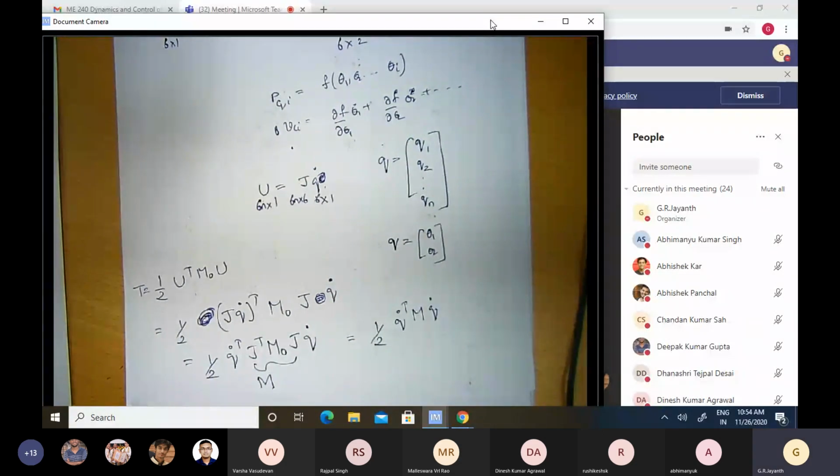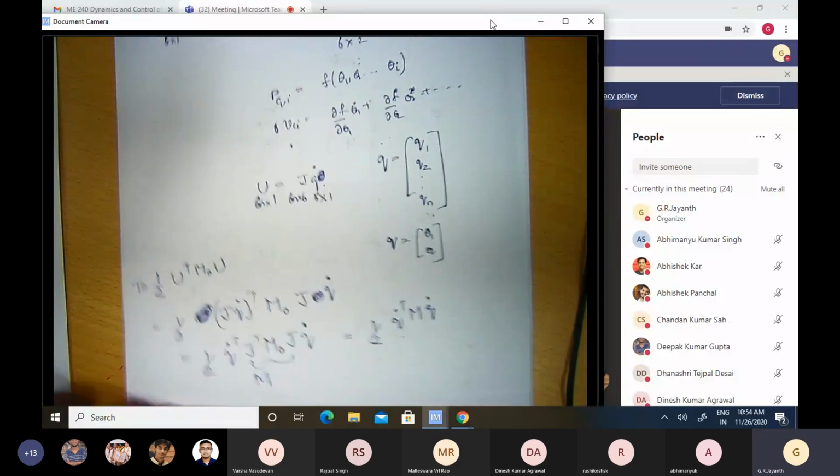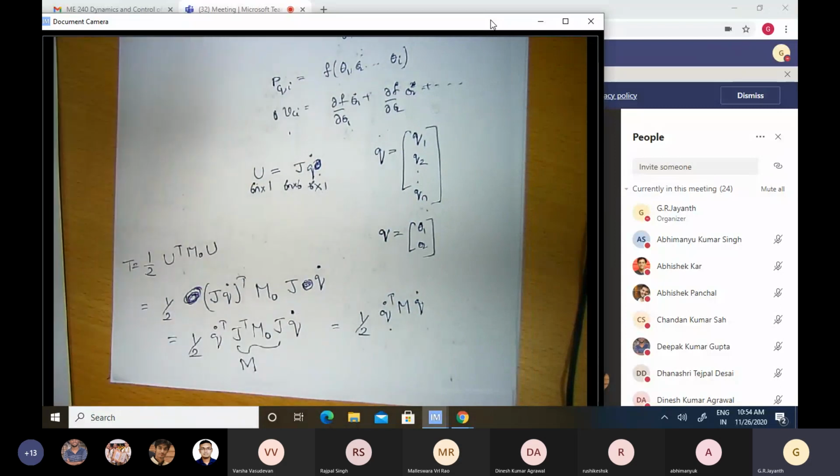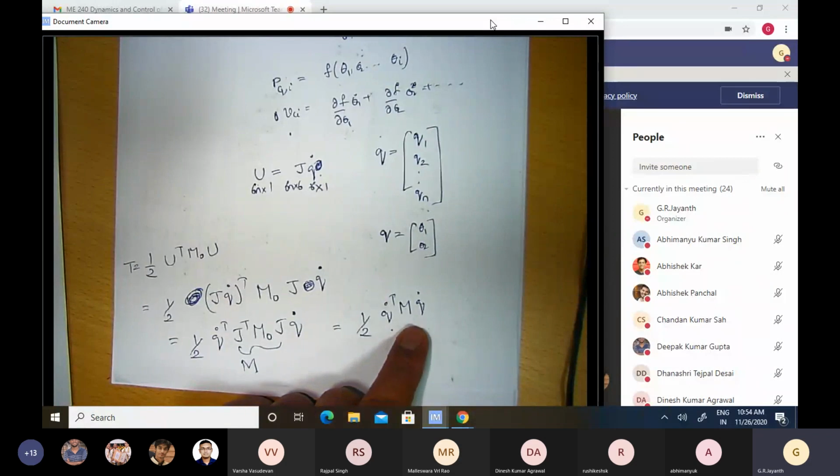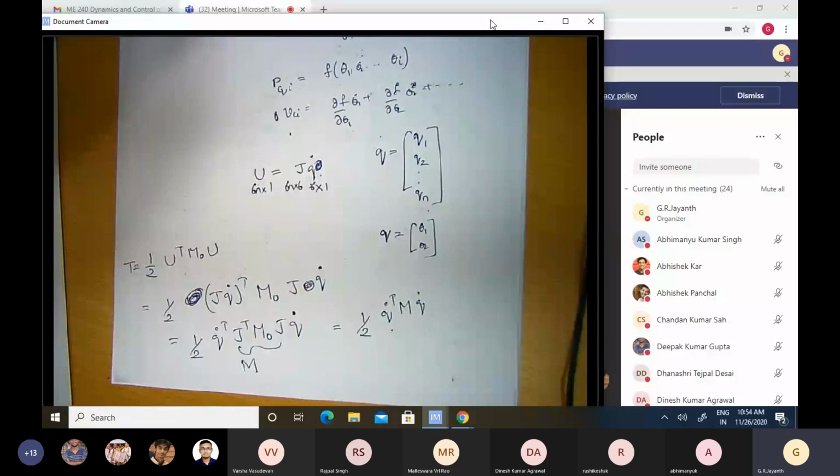Okay, this again is another huge success in terms of simplicity in representation. You see, I have again packaged away the complexity and come up with an equally simple expression for kinetic energy in terms of joint velocities, as this is called, in terms of the rates of change of generalized coordinates instead of rates of change of Cartesian coordinates. Okay, any questions about this? Okay, there are no questions.